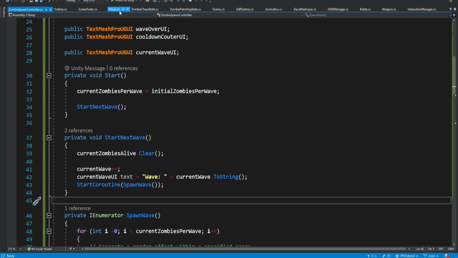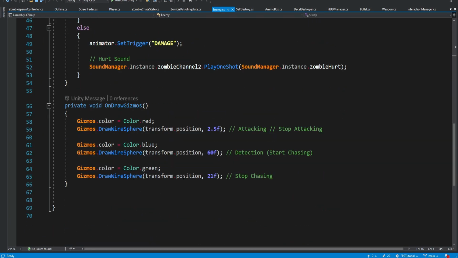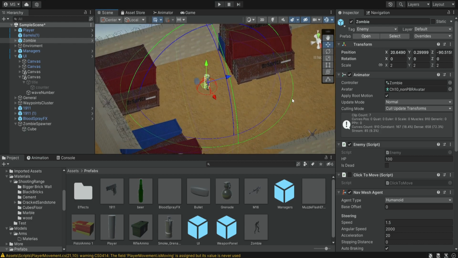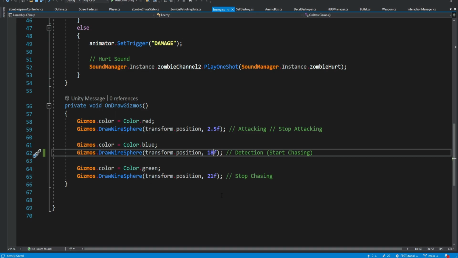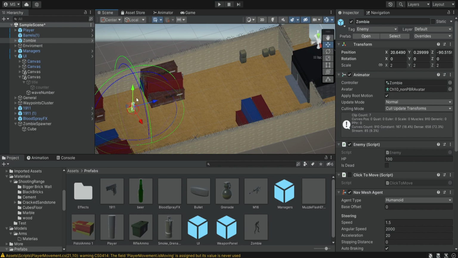For the detection area, we are going to open our enemy script, and over here we have the gizmos. This is the detection, start chasing, and we're going to change it to be 18. And if we zoom out, we can see this blue outline, so this is the detection area. The green one is the stopping chasing, so when the player is out of this area, it will stop chasing it. But we want to increase this area, so when the zombie spawns over here, it will go immediately and